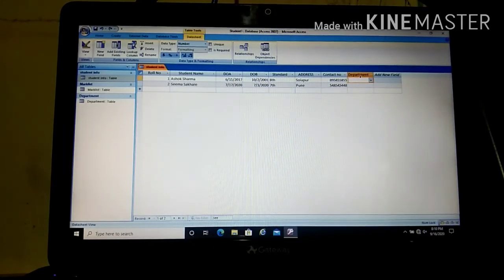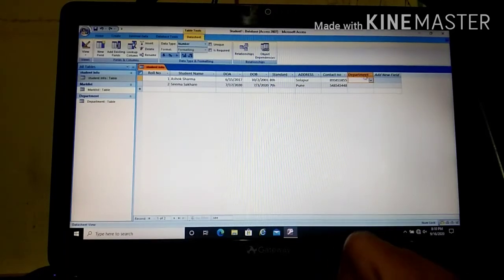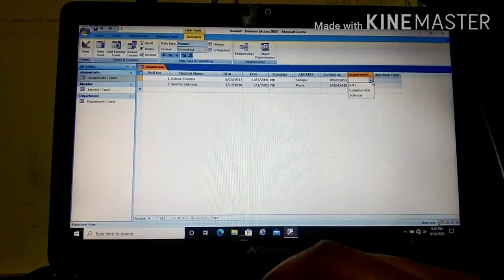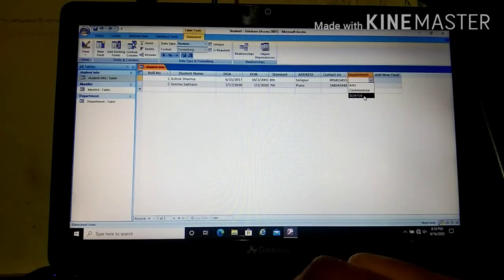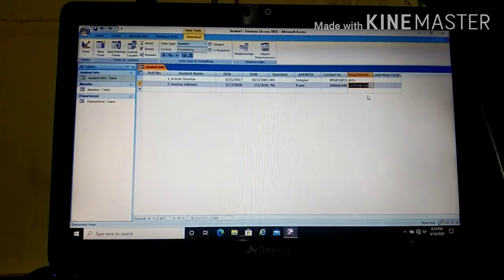Here you can see it is showing in list format. No need to type, you just have to click on this arrow button. You can see the field is already there, you just have to select it, and that will come in front of that particular field. Can you see this? Okay, so this is the way you can create the lookup wizard. And if you didn't understand how to create that, no problem, just repeat this video again and again and you will understand. Okay, till then, take care, bye bye.